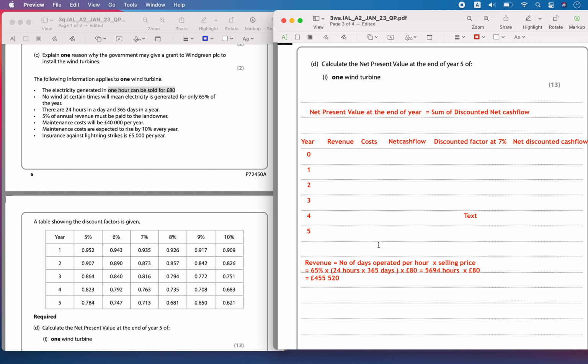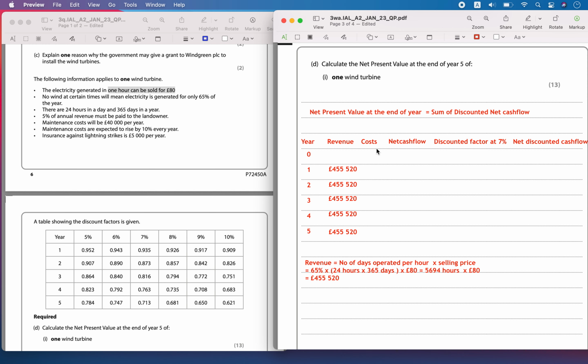The revenue for all the 5 years is going to be the same, so you have to include the same revenue. And the revenue is going to start from year 1. In year 0, it is just about the investment. So in the first year you will indicate that the revenue is going to start flowing in.